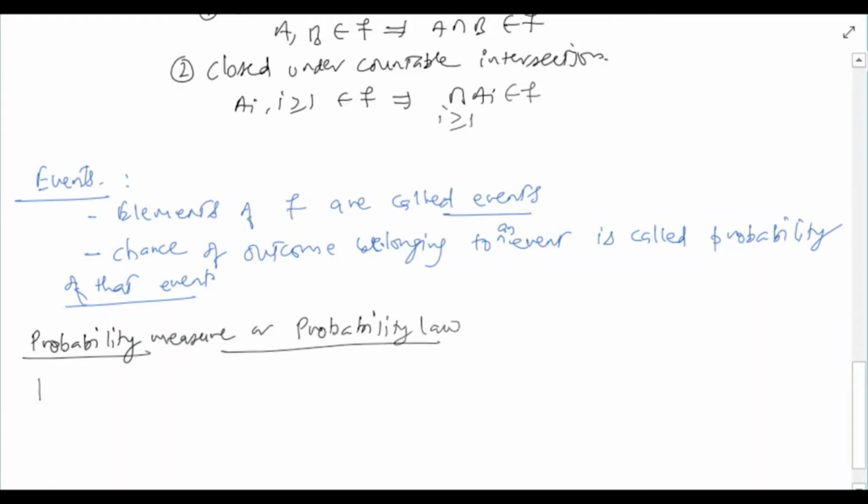It is denoted by a symbol P, which is nothing but a function. P is a function from F to R